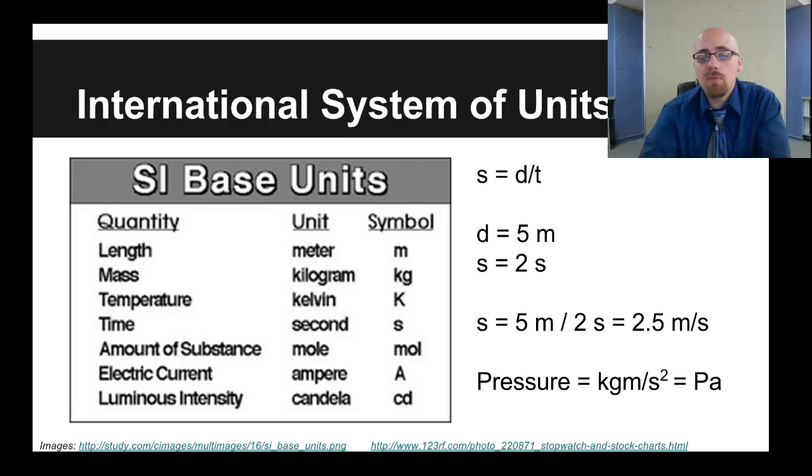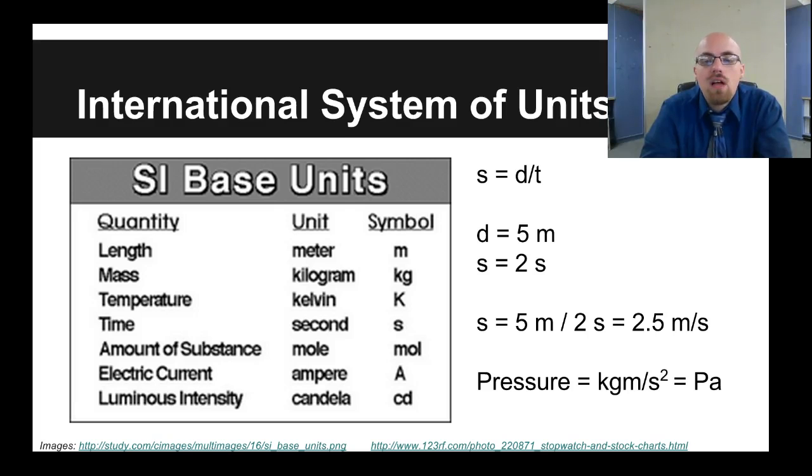Now, one of the important things about this system is measurement. So the system isn't really helpful unless we can measure these things. Okay, pressure and other compound units have their own tools and devices that we can use to measure them. Like you can use a pressure gauge to measure the pressure inside the tank of, say, a propane tank